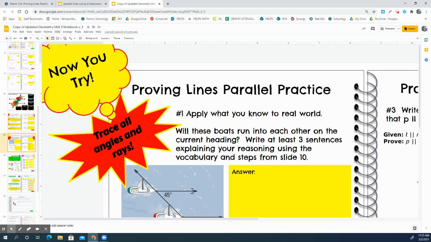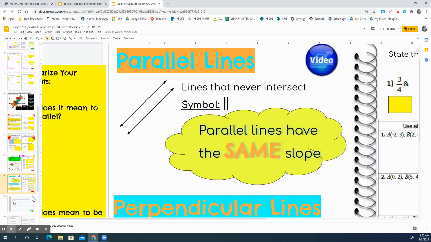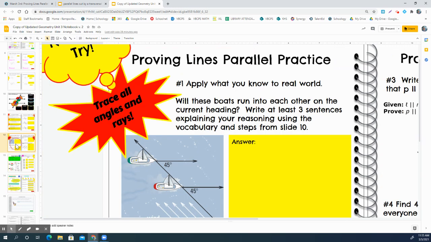All right, these boats, hopefully you can see them on your screen. Are the two boats ever going to run into each other? Hopefully you can see yours. There we go. Are these two boats going to run into each other? How do you know? Why are they parallel? They are the same acute angles. They're congruent acute angles. What's their relationship? Are they same side? Are they alternate? Are they interior? Are they exterior? Are they corresponding? What are they? Same side. One's interior and one's